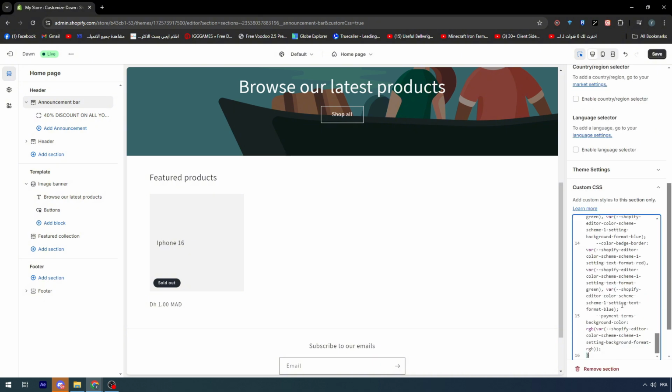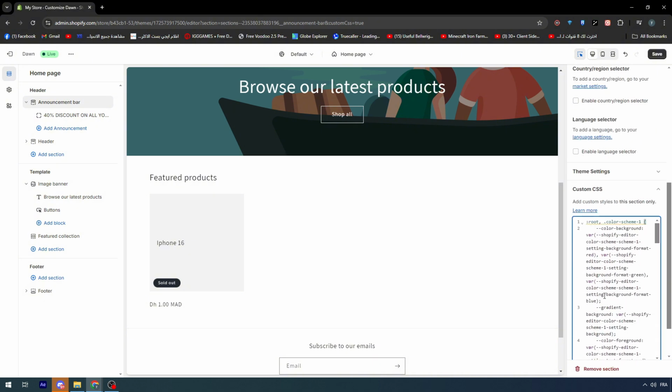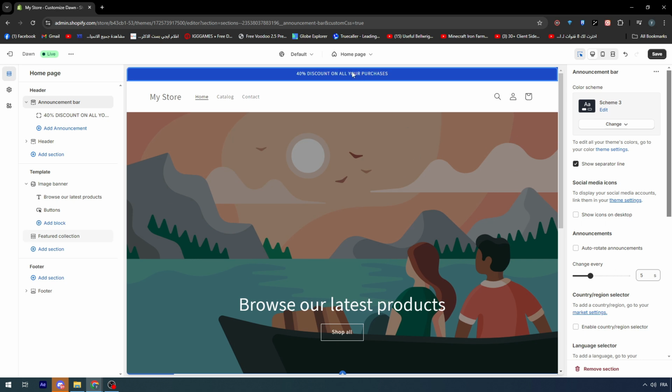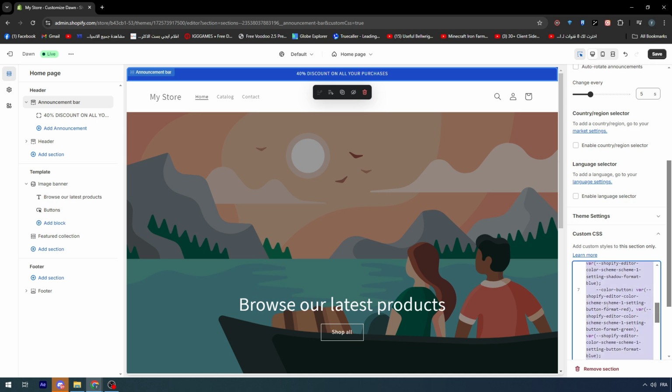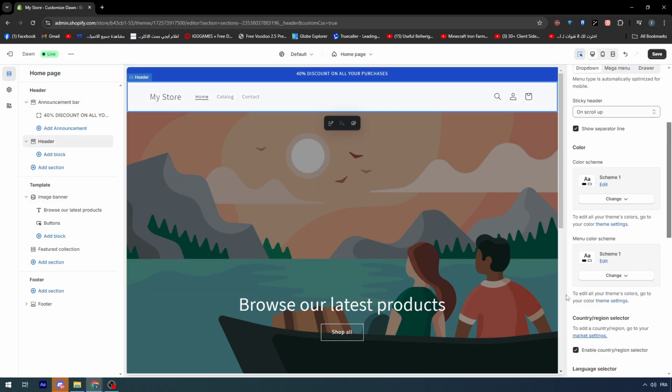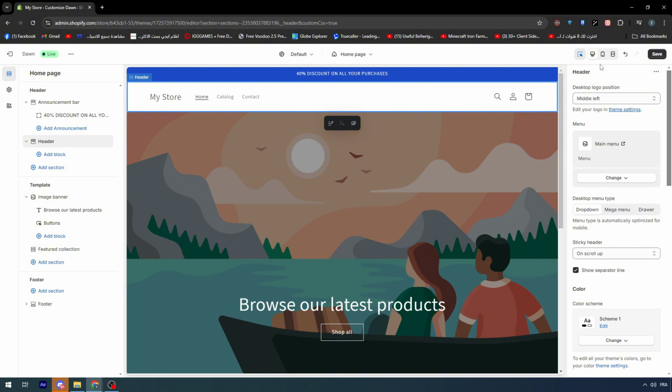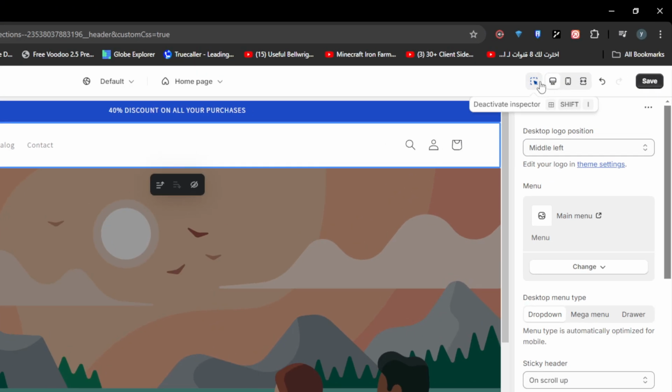paste it right here. Normally it will not work now since I didn't really copy the whole section. I copied multiple sections at once, which could cause some problems. Now beside adding it in the CSS code, you can do a couple of other things. From here, if I go to this area in the top right corner, you'll find